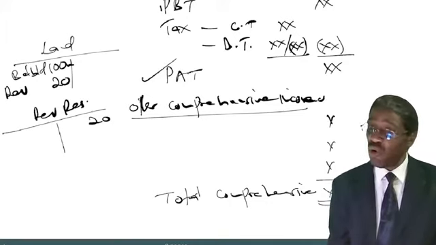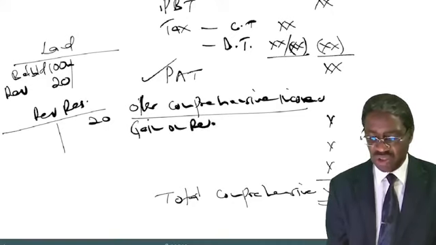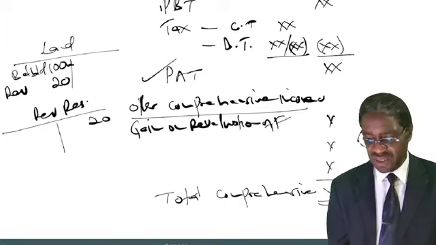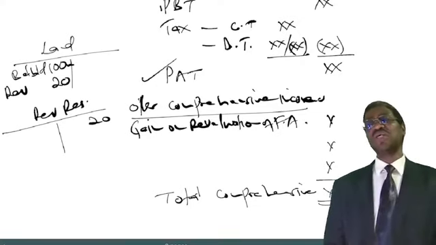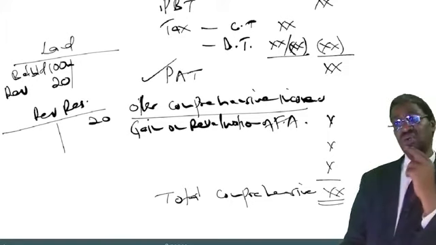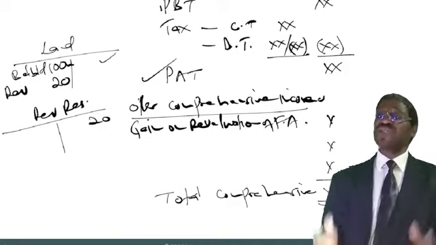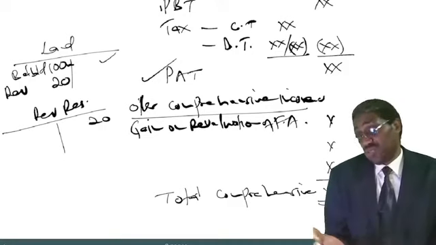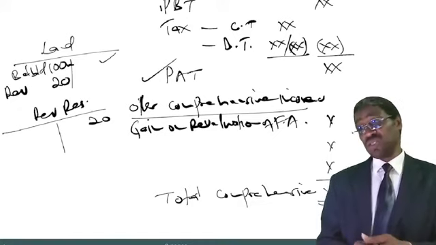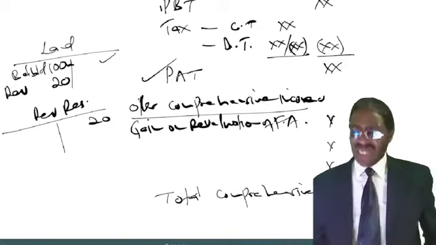So one example of other comprehensive income is what we could call gain on revaluation. Gain on revaluation of fixed assets like machinery, motor vehicle, furniture, land, and buildings. Good. Of course, if it's a loss, you normally credit the asset, you debit revaluation reserve. It's a loss, but that loss does not go to the P&L account. So you minus if it's a loss. Good. Now listen. Another example could be